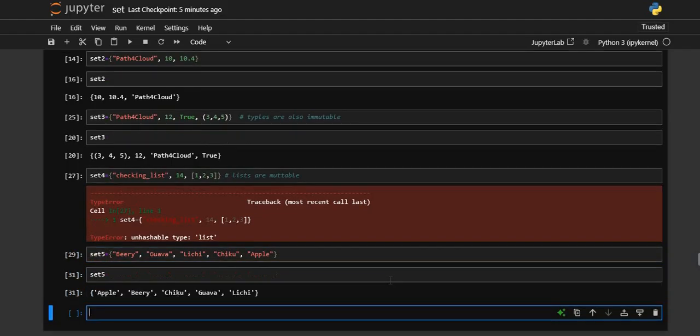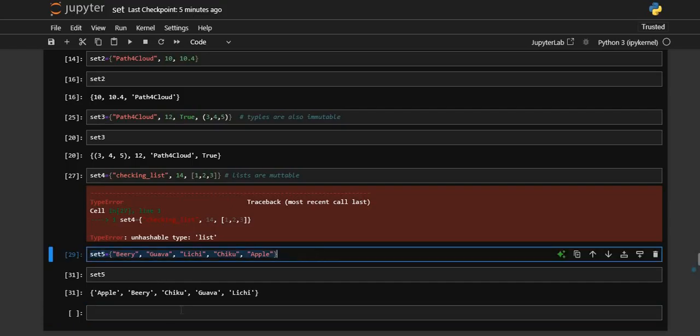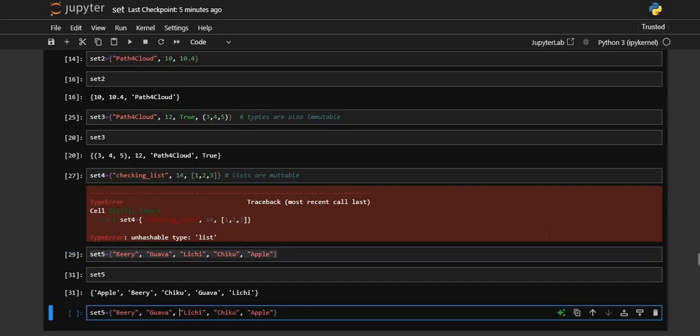And if I call set 5, you can see that by default it has sorted all my elements in alphabetical order: apple, berry, chiku, guava, lychee, right? But this is something that we cannot rely on, right? Probably if we have something like this, let's say 34 and maybe true,